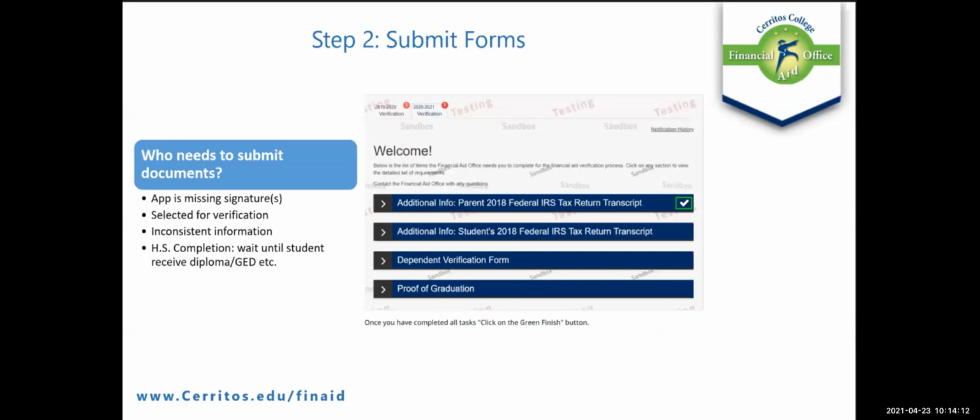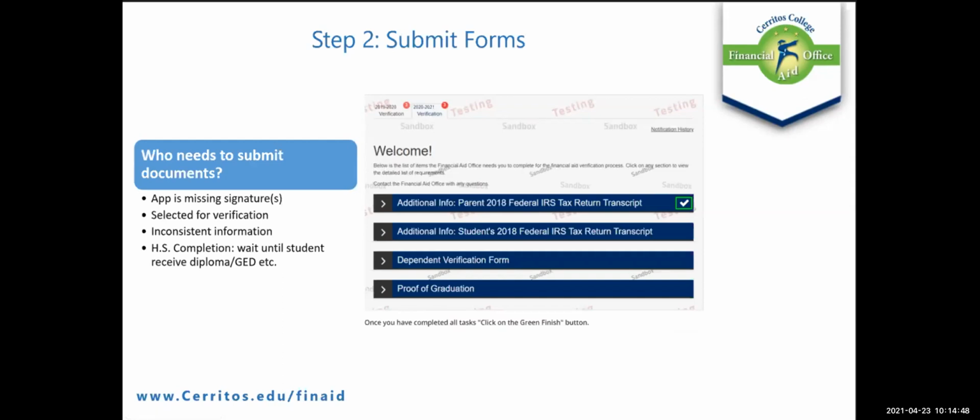So once you create your account, if you have tasks, it will look something like this. So some students, if you've applied for 2 years of the FAFSA or DREAM Act, you'll have 2 tabs up at the top. You may not need to complete items for both of those tabs. As you continue to apply for financial aid for consecutive years, you'll start to see other tabs pop up here as well. So it's important to make sure you're under the right academic year for the items you need to complete. Now, as I mentioned, not everybody will need to submit documents.